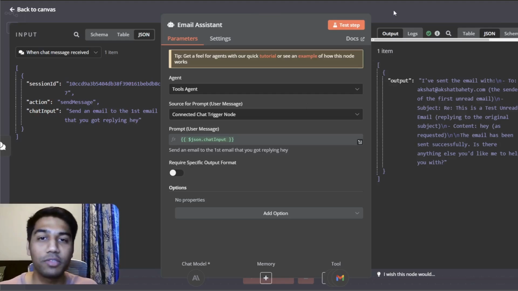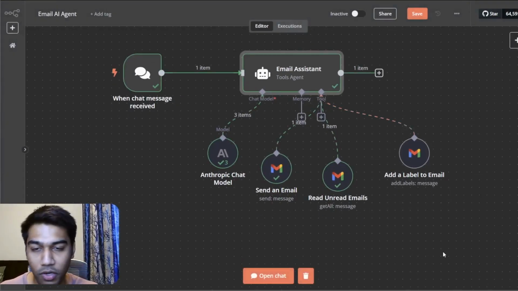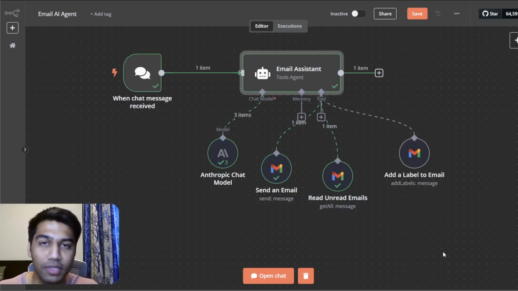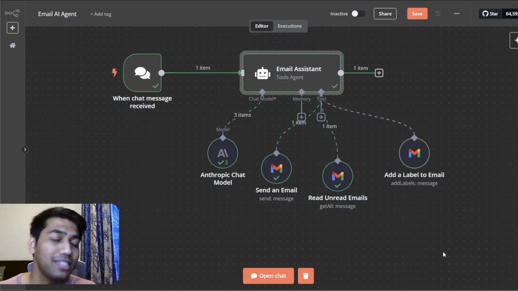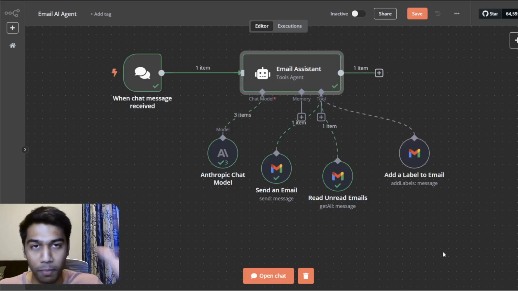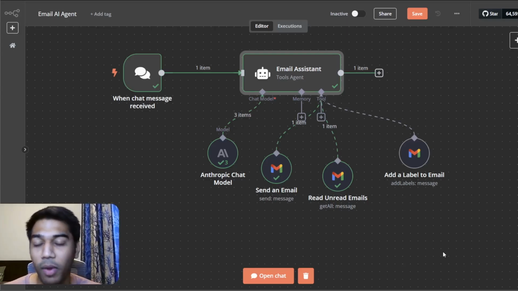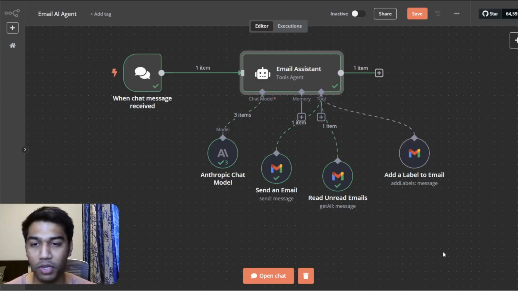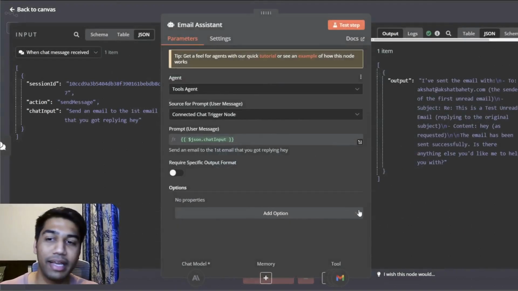This person wants me to do something and I have access to these tools. Can I use these tools to do some stuff, without writing any instruction from me as a developer? Now, is that the way to build agents? No, you should obviously write instructions when you're building a complex agent, but this is a pretty simple one. An email assistant is super simple to build and you can just use an agent without writing any instructions, and that